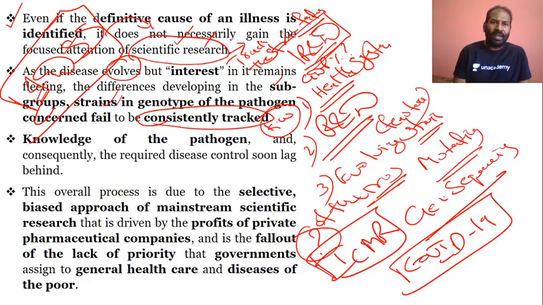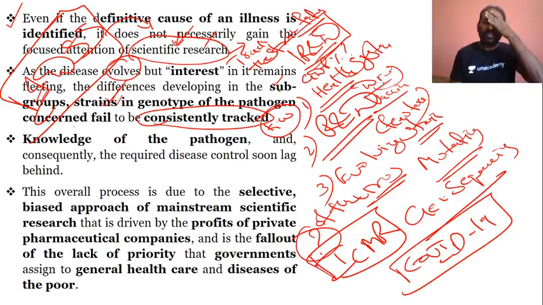India's disease surveillance system lacks scientific research. When you have scientific research, we can identify the subgroups and strains in the genotype of the pathogens, and we can make sure that we are consistently tracking the virus. That is very important. And when we are consistently tracking the virus or the disease or the illness, we can come up with vaccines or drugs very fast. Because the virus is mutating, we are unable to go ahead with sequencing. That is why we have